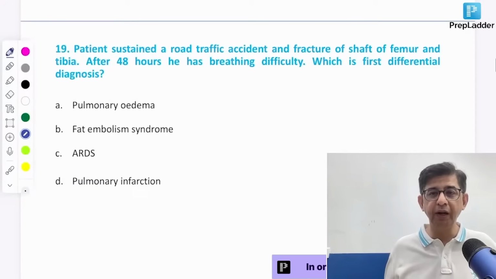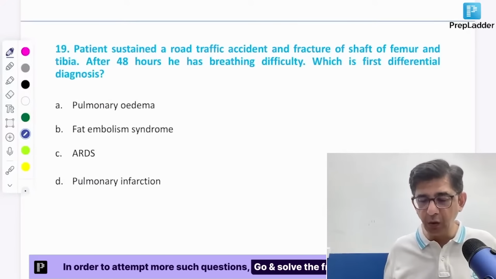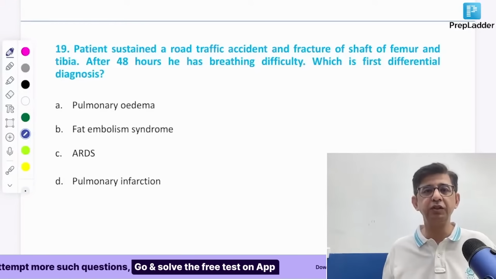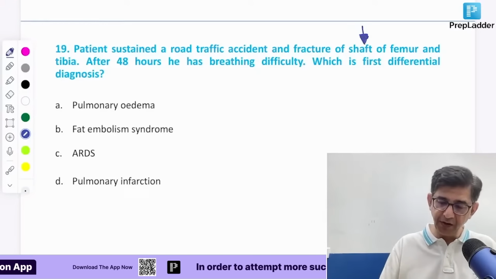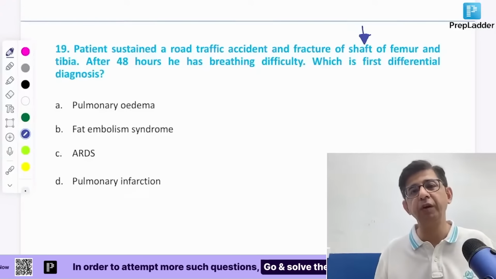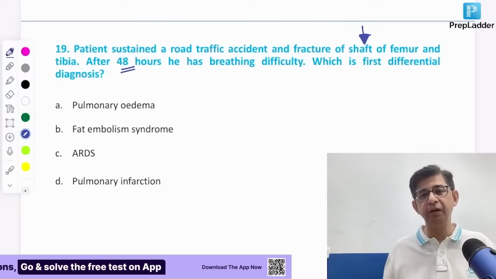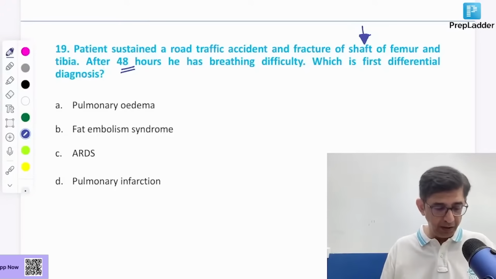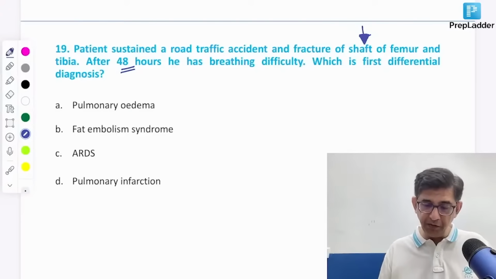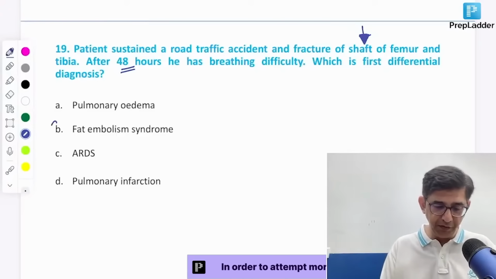Okay, we'll do till 20, then we take a 5 minute break, then we'll do the remaining ones. Patient sustained a road traffic accident and there's a fracture of the shaft of femur. Because he's mentioned the words shaft of femur, I've already sensitized you: if there's a fracture of the shaft of femur and breathing difficulty in 48 hours, the petechiae will take some time to appear, and CNS manifestation will also be affected. We use Gurd's criteria. No, no. If it is a fracture of the shaft of femur with breathing difficulty,